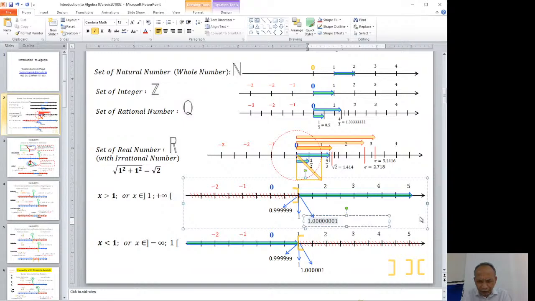Here we have 8 digits after the decimal point. Now we can add more. So x bigger than 1 means that x doesn't take the value of 1 but it's somewhere very near to 1, close to 1 but not 1. It's 1.000000001. Okay,